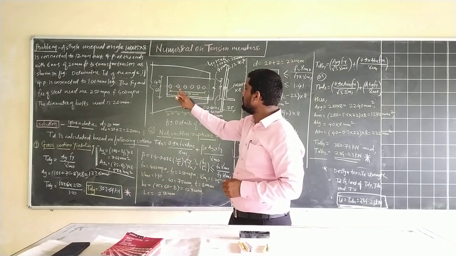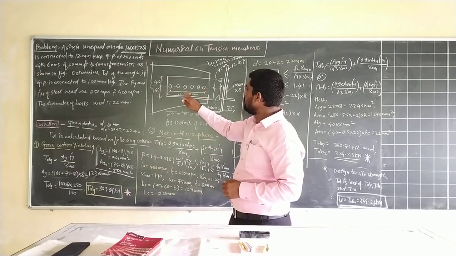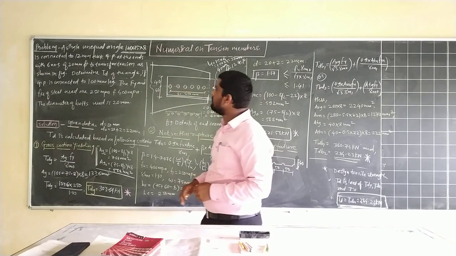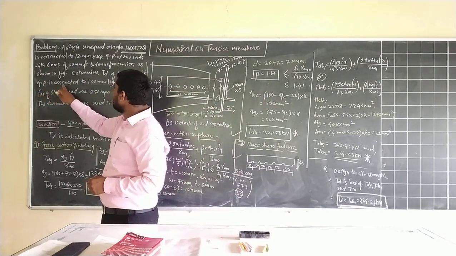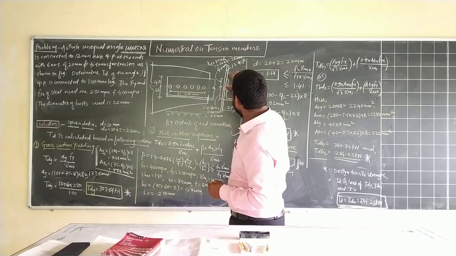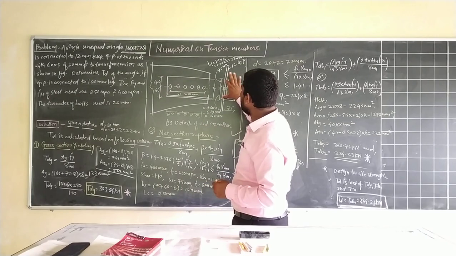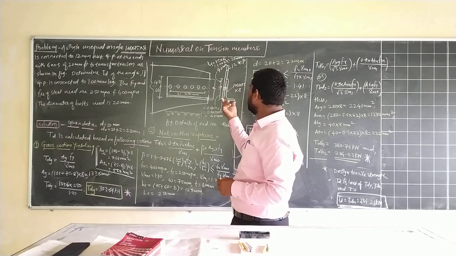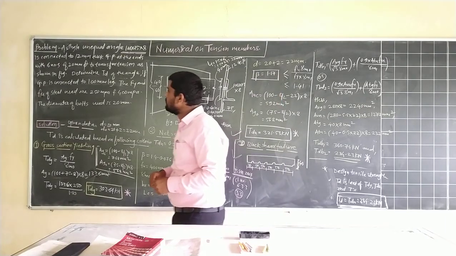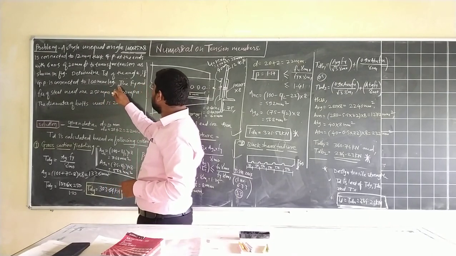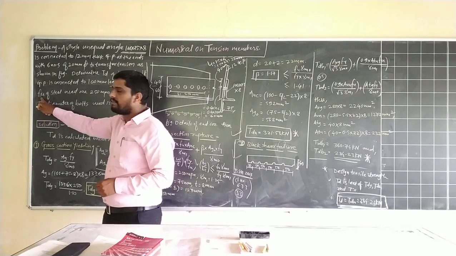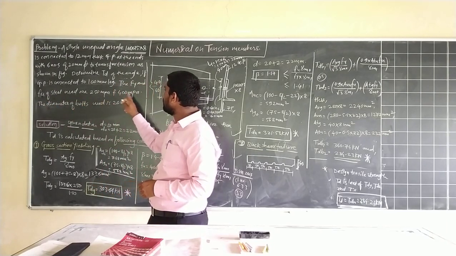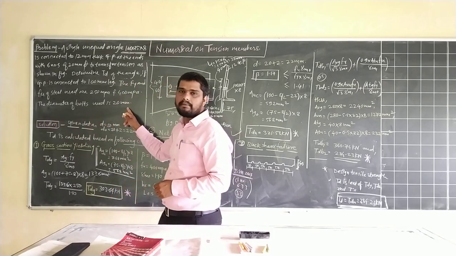So these are the 1, 2, 3, 4, 5, 6 bolts of 20 mm diameter given to transfer the tension. If the gusset plate is connected to the 100 mm leg, that is 40 plus 60, 100 mm leg with 75 mm, and thickness is 8 mm, connected to the 100 mm leg. The Fu, ultimate tensile strength, and Fy, yield stress, of the steel used are 400 MPa and 250 MPa. The diameter of the bolt is 20 mm.